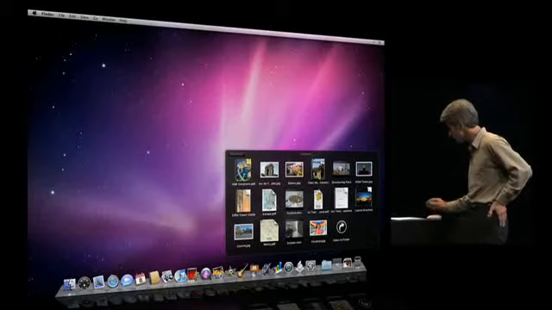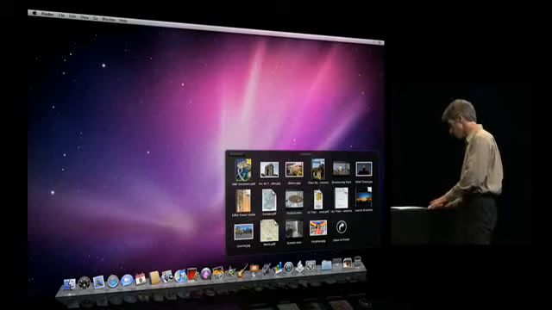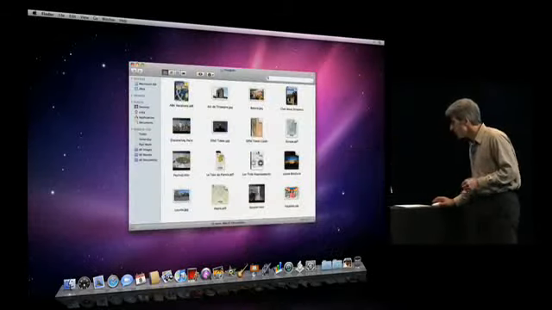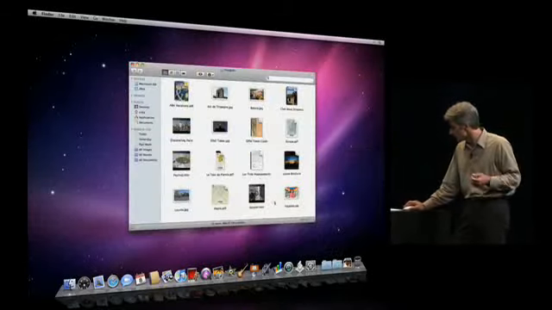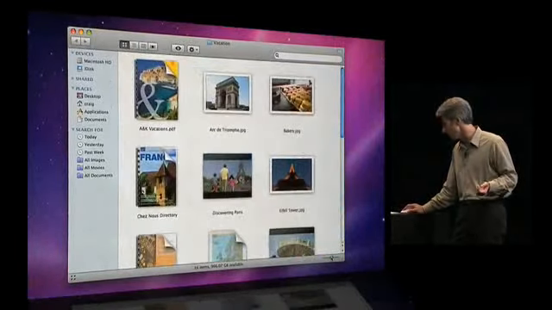Yeah, pretty nice. Now, I could open this document right here, but I want to jump into the Finder to show you a couple nice touches there. So here we are in icon view. Looks pretty familiar, but if you look in the lower right, you'll see that we have a magnification control. I can now magnify